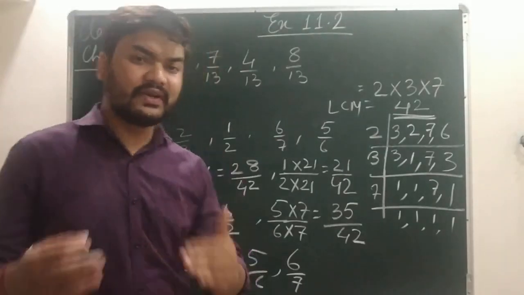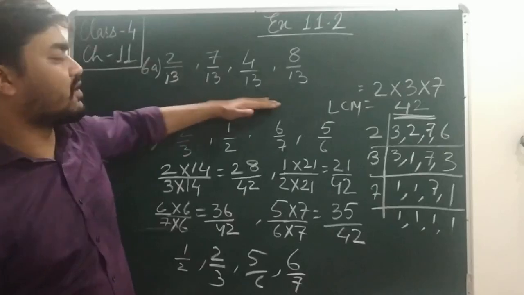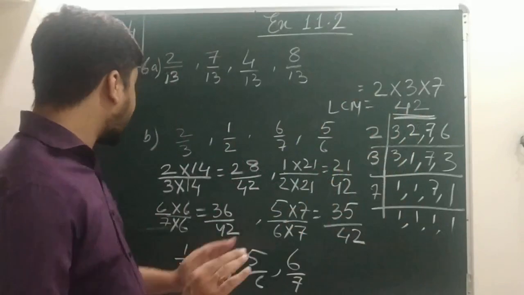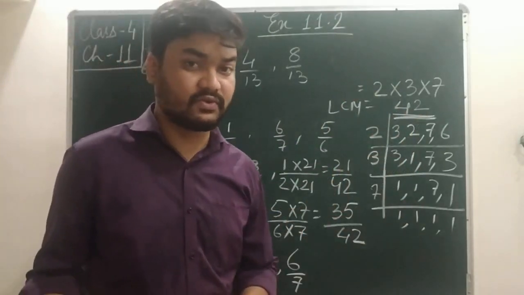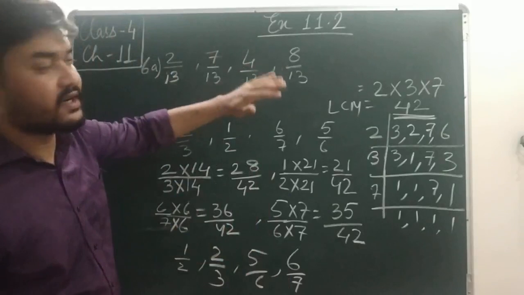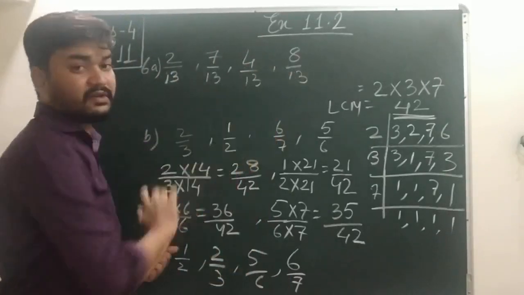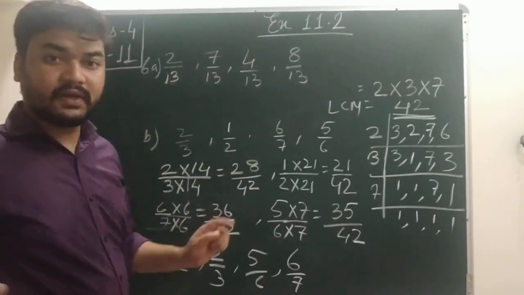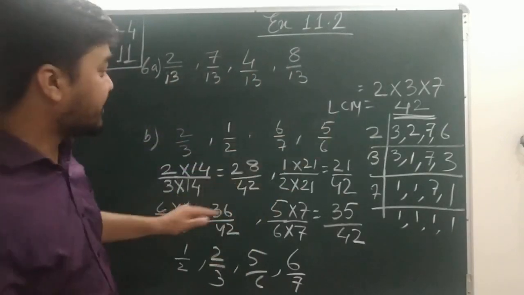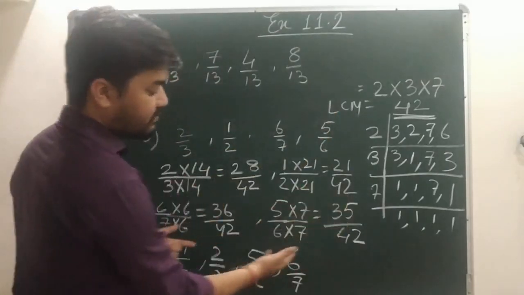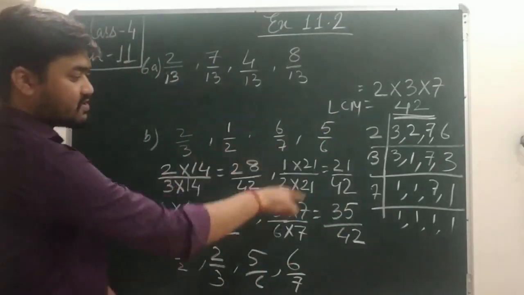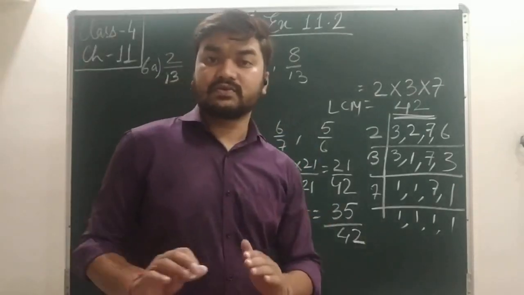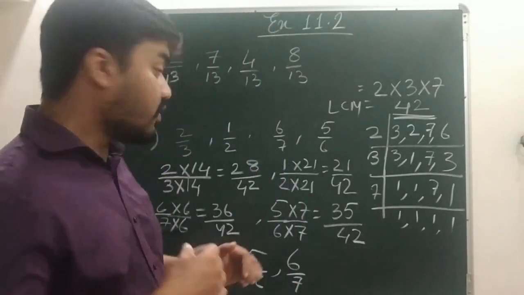Okay. Now in descending order we just have to follow this step. Suppose question number 7, I am not doing. You have to do it by yourself. Suppose this is descending order. So if the denominators are the same, we just have to write the numerators in reverse order. It is easy if the denominators are the same. If they are not the same, you have to follow the same process, and we have to write from the bigger side because it is descending order. So I hope you all have understood.